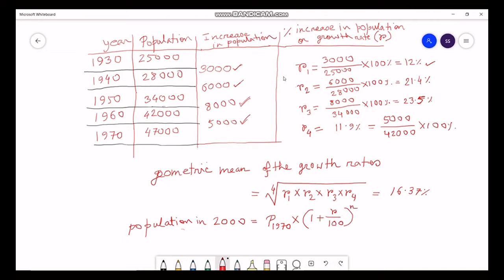Here R is the value of the geometric mean that we have calculated already, and n stands for number of decades between 1970 and 2000. So applying those values, we get